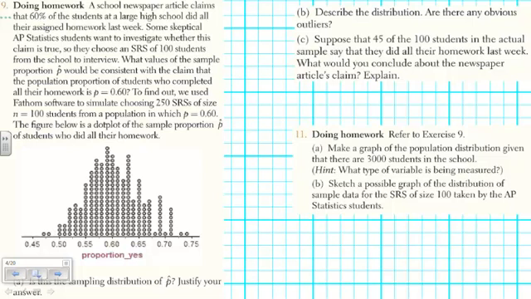We have a piece of software called Fathom that allows us to do those simulations, where we can say, here's a really large high school, skim off 100, see what the proportion is. Skim off another 100, kind of like what you did with those poker chips the other day. What if we did that again and again and again? What if we did 250 simulations with a sample size of 100? Well, we get a distribution of a bunch of p-hats. Now, that histogram is that distribution.